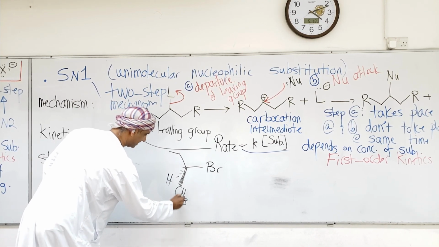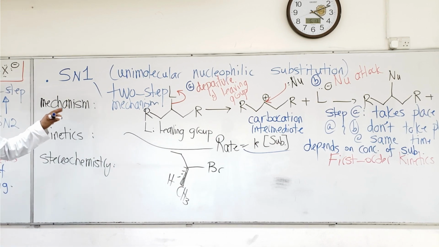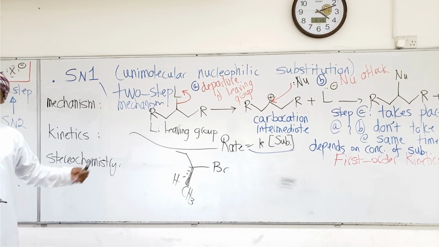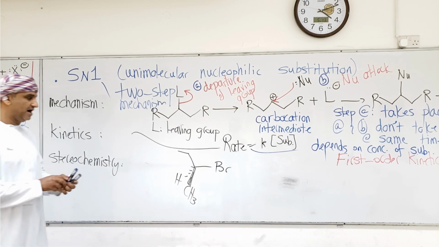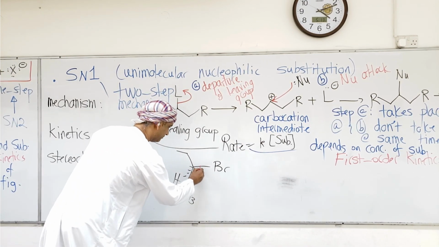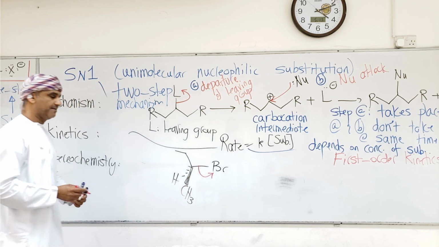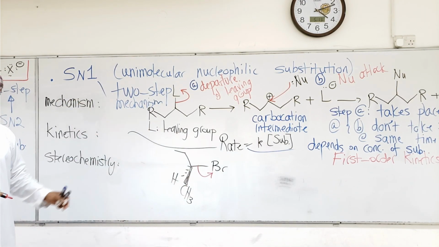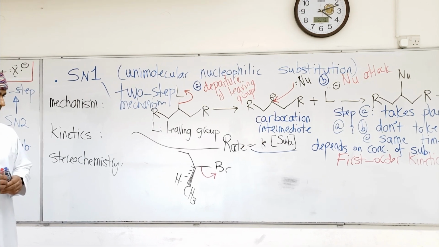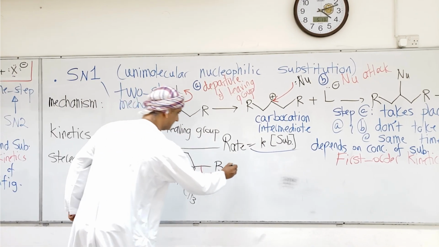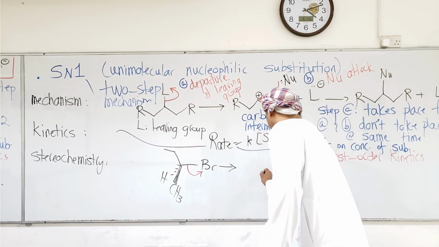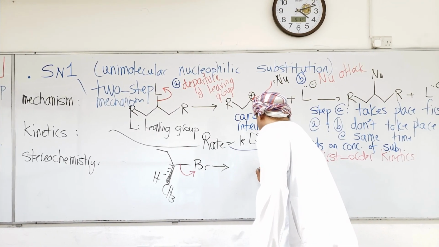This is the substrate. In the SN1 mechanism, the leaving group leaves first, or departs first, yeah? So the C-Br bond breaks first in the first step. This is what happens in SN1 because it's two steps, right? It's first order kinetics, as we learned, yeah? Okay, so this happens, then we will get this carbocation